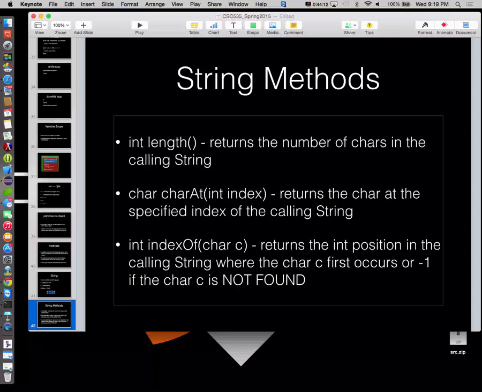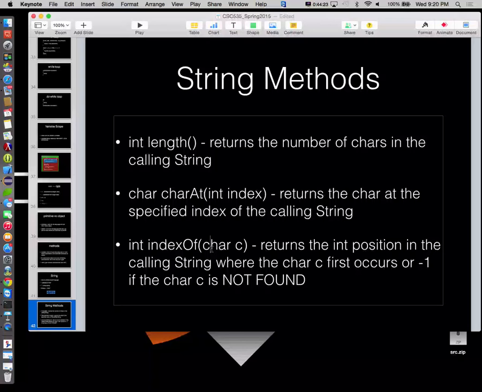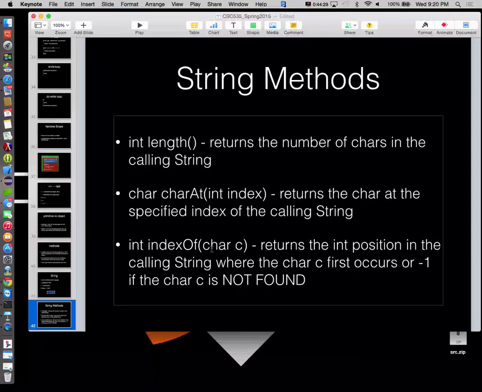Okay? So we can think of index of as a way of looking up a character inside of a string and having it tell us where to find that character. What position, what index in that string can I first find that character? Okay? As an example,